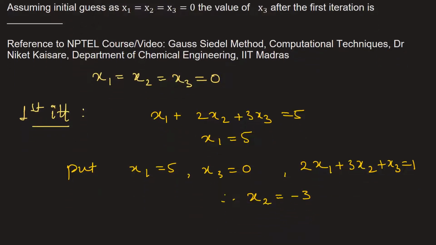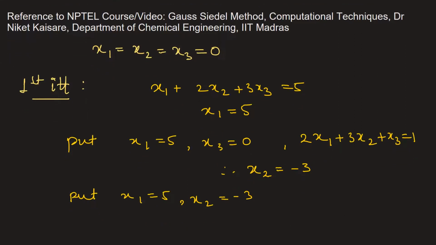Now the final equation is the 3x1 plus 2x2 plus x3 is equal to 3. So put x1 is equal to 5, that we have got from this first substitution. From second substitution we have got x2 is equal to minus 3. Therefore we will put this value in the equation 3x1 plus 2x2 plus x3 equal to 3. So if we substitute it here, we get x3 is equal to minus 6, which we needed to find in